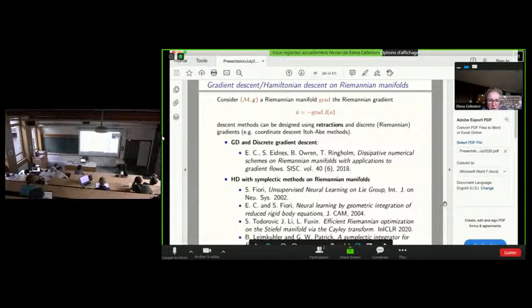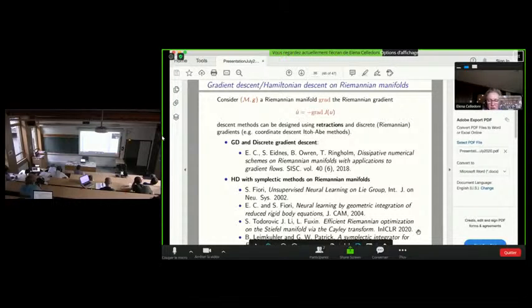And in the last part of the slide here, you see a number of references. First, the reference to Simone Fiori. He has a number of papers on this method, both the system and the numerical discretization. We worked together on an improvement of the numerical discretization based on Lie group integrators.